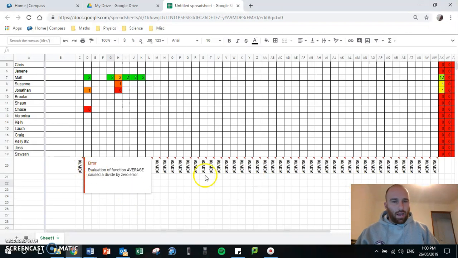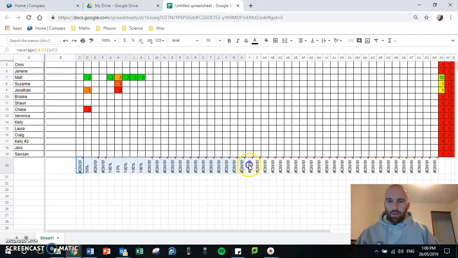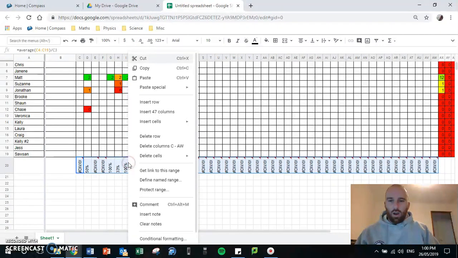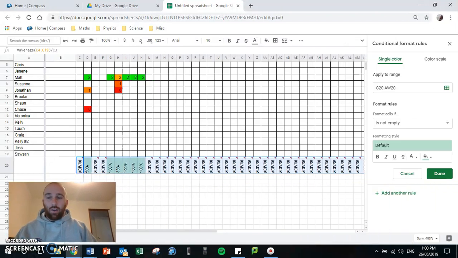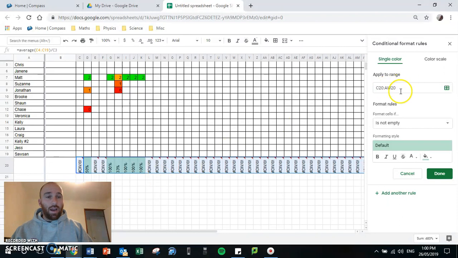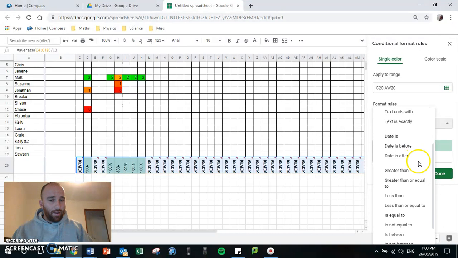Also with that, I like to set up a little bit of conditional formatting with these boxes. So I'm going to highlight those boxes. I'll right click and scroll back down to our conditional formatting. I'm not going to do color coding or the color ranging. I'm going to set up a single color and highlight it, or sort of flag it, when